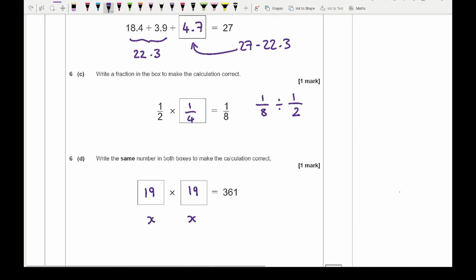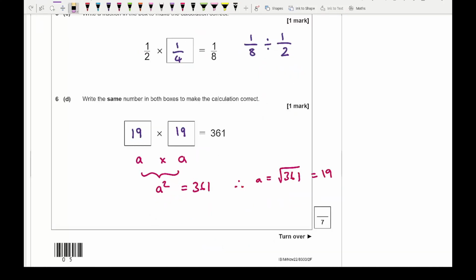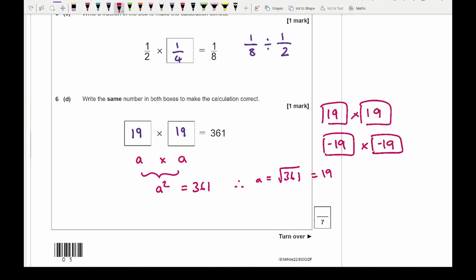x, well, let's use a different letter because I'm going to use a multiplication. So let's say it was a times a, then this would be a squared. So a squared equals 361. So therefore a is going to equal the square root of 361, which is why I square rooted it, which is 19. Alternately, for this particular question, you could also write minus 19 as well. So you can either write 19 and 19 in your two boxes, or you could write minus 19 times minus 19, but I would suggest 19 is probably going to be the